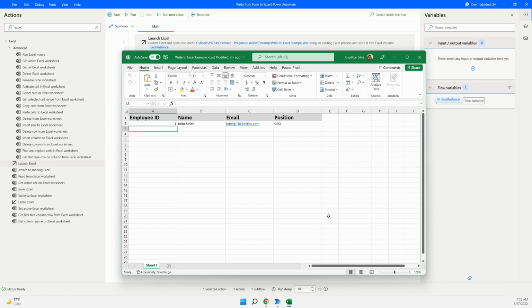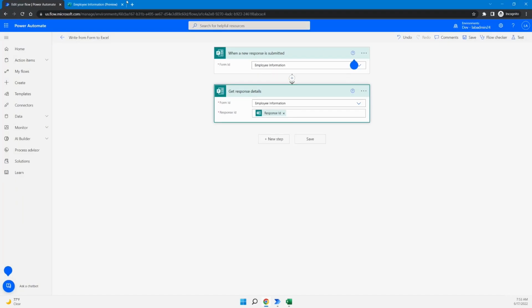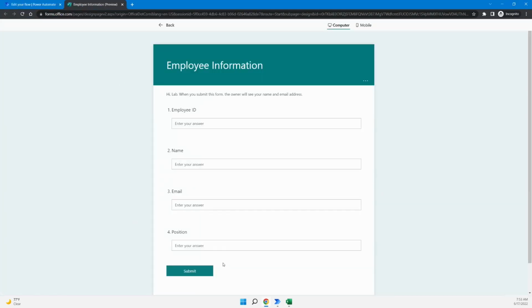flow. So in order to do that, what I first need to be able to do is decide, okay, how am I going to write into those columns? And then what am I going to use in order to connect these columns and these values into anything that's established on that Microsoft form? So we're going to have to establish some input variables to be able to capture this data that is going to be used as dynamic content from our Cloud flow to be able to be passed through our desktop flow into